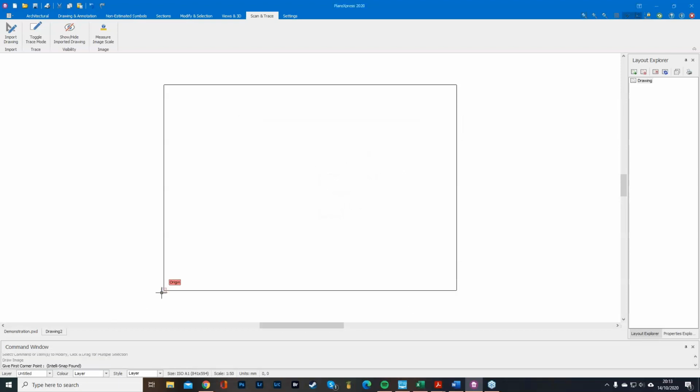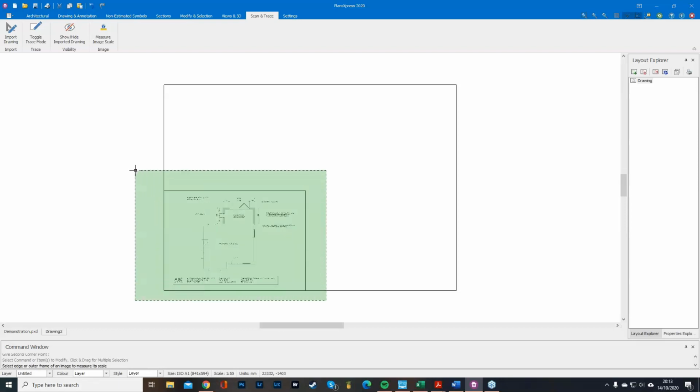We can then give the first corner point. So just click down here, and we can make this as big or as little as we want. Personally, I make it quite small. The only reason is that what I want to do now is set the scale of the drawing. To do that, you click Measure Image Scale. It tells you to select an edge or an outer frame. Go overkill, highlight the entire plan,